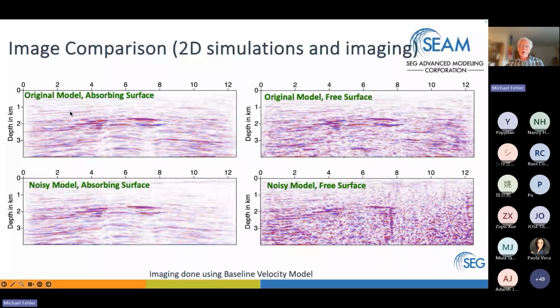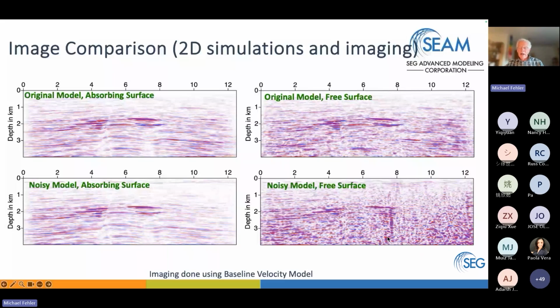If we just add a free surface, it degrades quite a bit, and you start getting a lot of artifacts. Artifacts get amplified in the image. If we add the noise, the image again degrades going from here. So all we've done is absorbing surface in both cases, but added the near surface noise to scatter some of the outgoing wave field. But now if we add not only the noise, but the free surface, we get a lot of interaction between the noise and the free surface that degrades the image quite a bit. We see that there's some areas where there's multiple reflections near the surface that propagate into the image at depth, and the image degrades quite a bit.